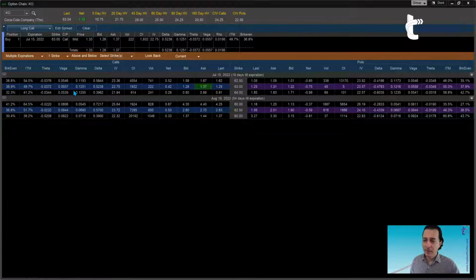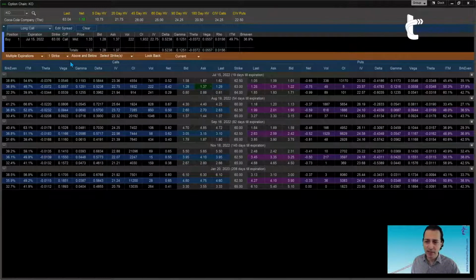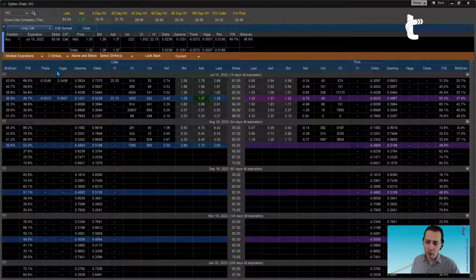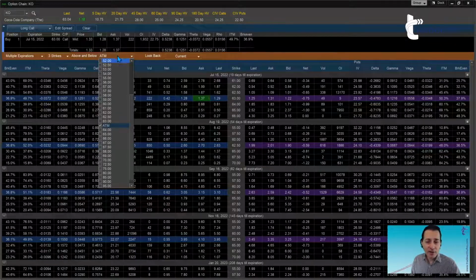So anyway, this is what you need to know first about loading the data. When you load the data, of course, you need to make sure you have selected the right expiration date. You need to make sure you are selecting the strikes that you care about. Maybe you want to see a few strikes above and below. By default, it comes with 3. By default, it comes with at the money, but maybe you don't care about that. Maybe you're looking at UFOs on the chart.